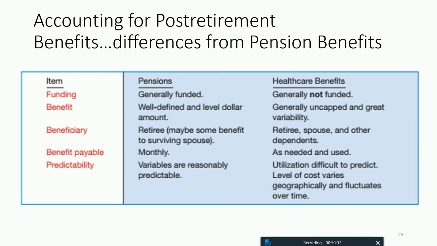So if you are not sure whether or not your company has either defined benefit plans or defined contribution plans, there will most definitely be a footnote in the 10K that describes what type of benefits they provide to their employees, if any. And then the final topic that we're going to spend a few minutes talking about is accounting